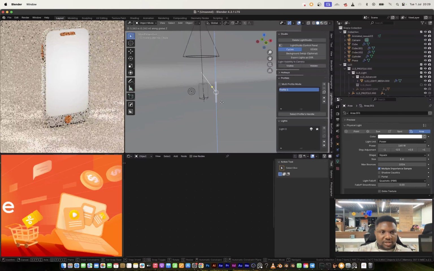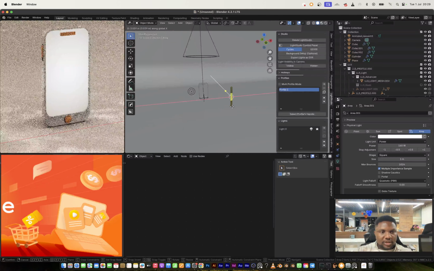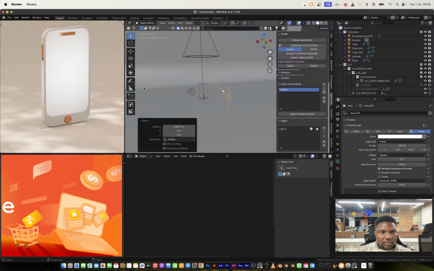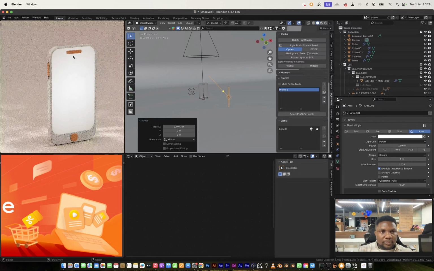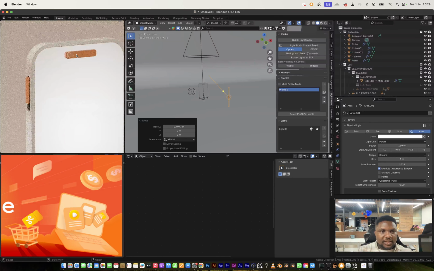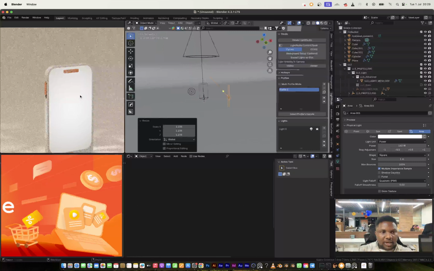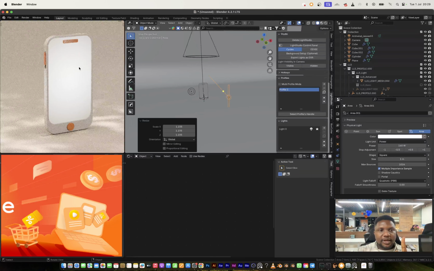Or maybe I can GZ or GX. I think this accent color also needs a little roughness. And that's cool. I'm just going to run one more render so I can get my compositor setting right,